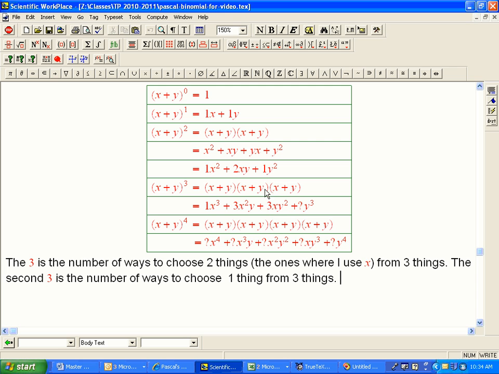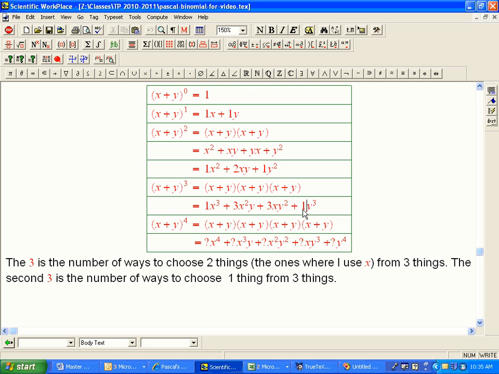Why is that? Well, picking one of them to be x, it's essentially picking the other 2 to be y. And of course, the symmetry of Pascal's triangle is something we're familiar with already a little bit. And that symmetry corresponds to if I think the task is to pick which ones I use the x from, somebody else could say, oh, I'm going to keep track of which ones are using the y. And that's going to give us that symmetry. That picking one thing is equivalent to picking 2 things, it's just the ones I didn't choose.